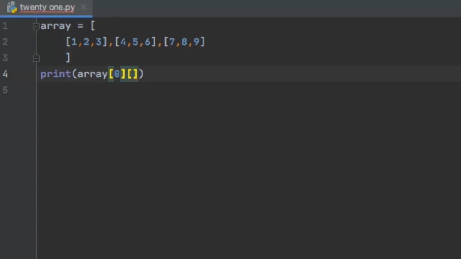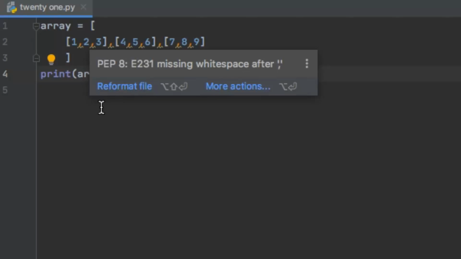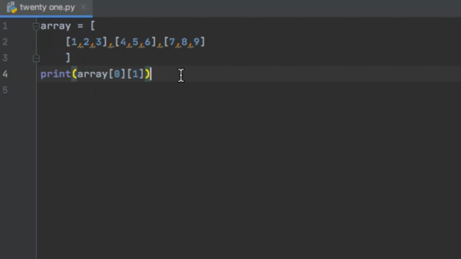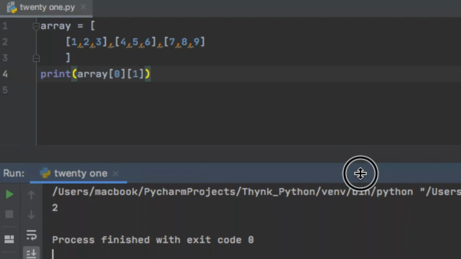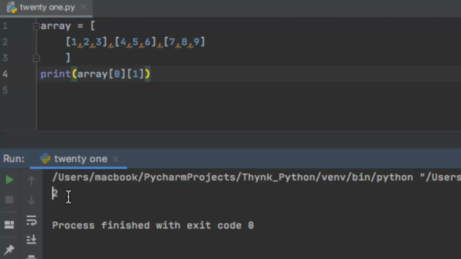Let us say 1. This would go to the 0th index row, which is 1 2 3, and the 1 in the second square bracket would return the element present at index 1. So let's print this and see what happens. Right, so we have 2 printed here.